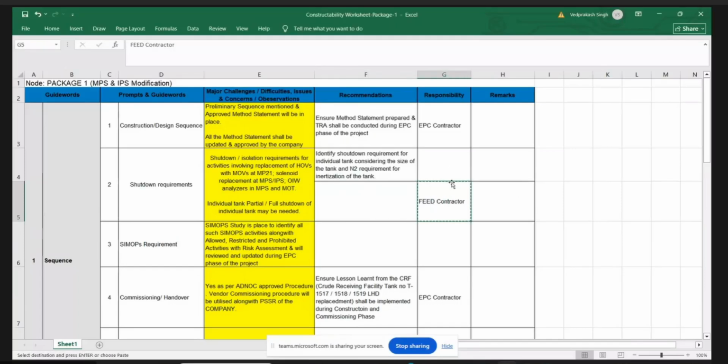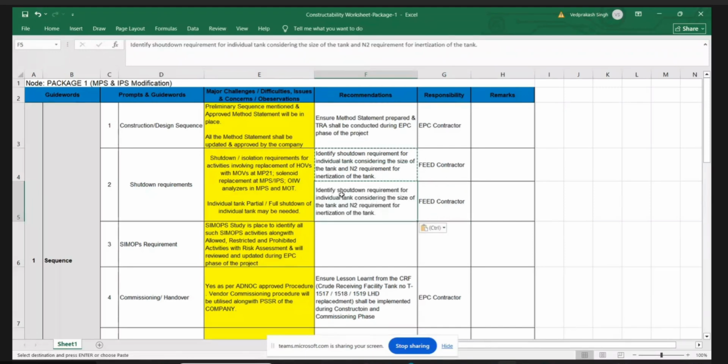This is the feed contractor. I agree with Oscar because we need to have complete information. I will put it here. Then EPC contractor review. EPC contractor